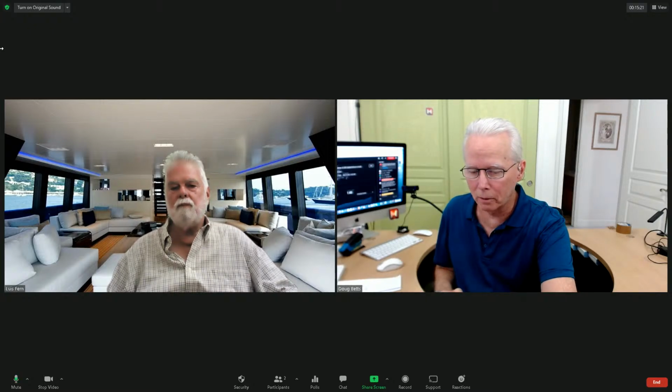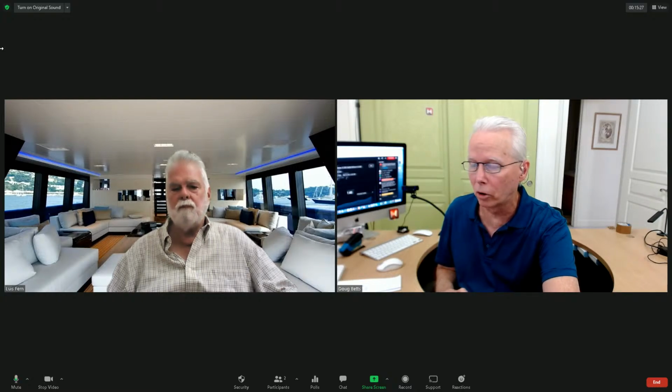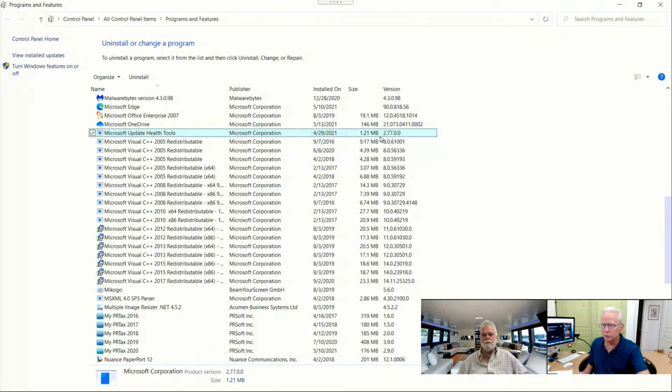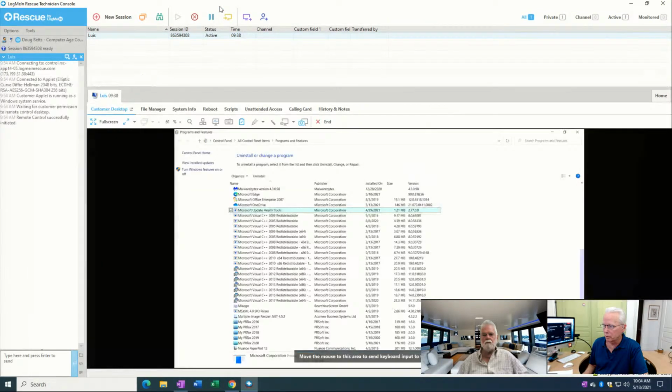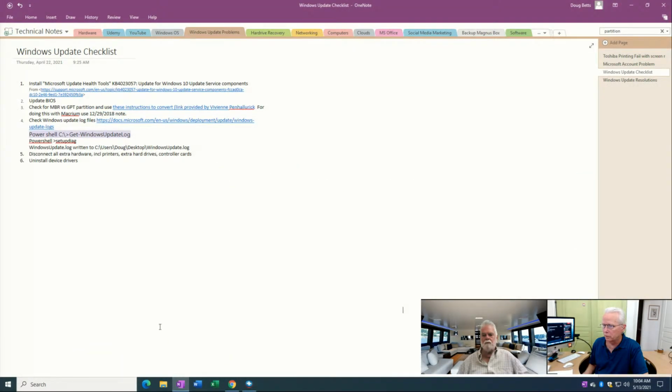So I was looking for what is not showing up much or at all. And so what I'm going to go to is the Windows Update log. Now, last time you and I worked on this, Luis, we went to the event viewer and looked at the Windows system logs in there. This is something completely different. I'm going to switch over on my computer to show my notes on this subject. I've got this Windows Update checklist